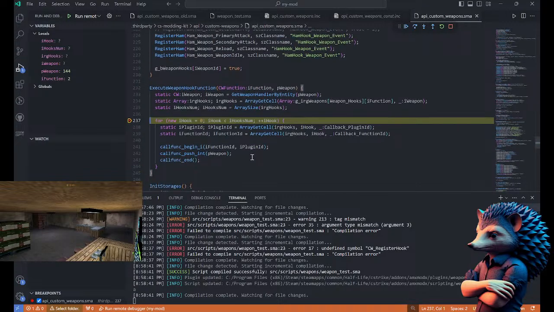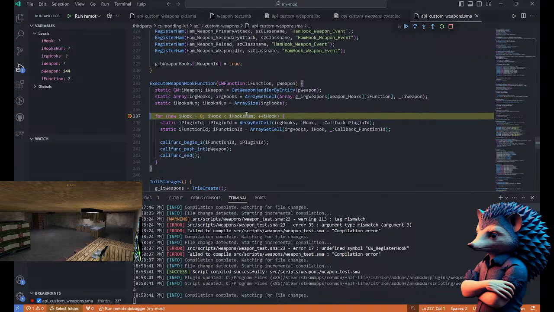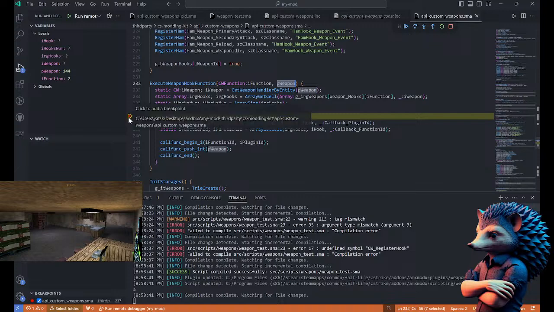But I mean, there is no information about these variables. That's it. So at least we know that the function ID is correct and the weapon also looks correct because it seems like the entity ID. So yeah, I mean,